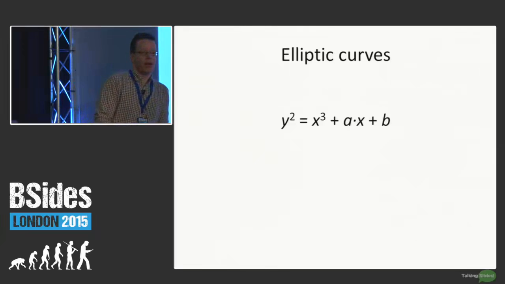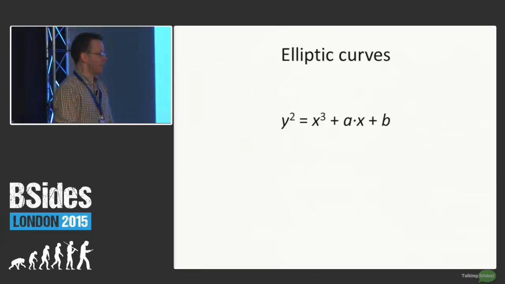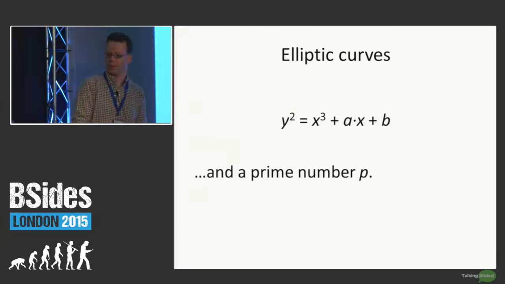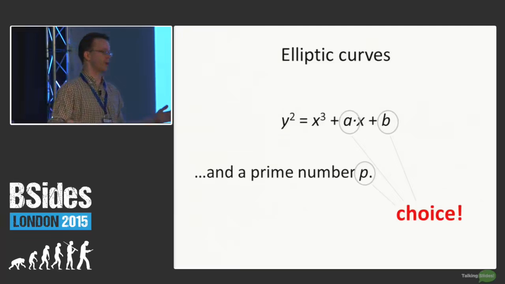Whenever you see or read an introduction to elliptic curves, they always start by saying it's something that satisfies an equation y squared equals x cubed plus a times x plus b, for some a and b. And that's also mod a prime number p, because this is crypto and there are always prime numbers. I think this is confusing. This is completely irrelevant for just a basic understanding. But what is important to know is that there is a choice to be made. Different a, different b, different p give different elliptic curves, some of which are better than others. So there's not just one elliptic curve. There are an infinite number of elliptic curves, and one of the problems is which one to choose.